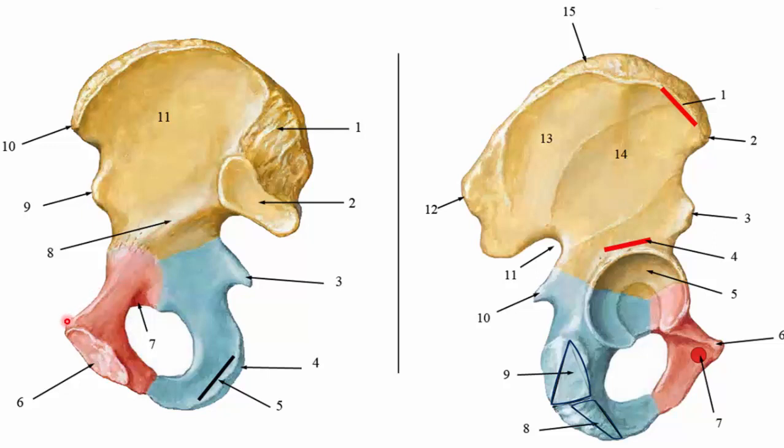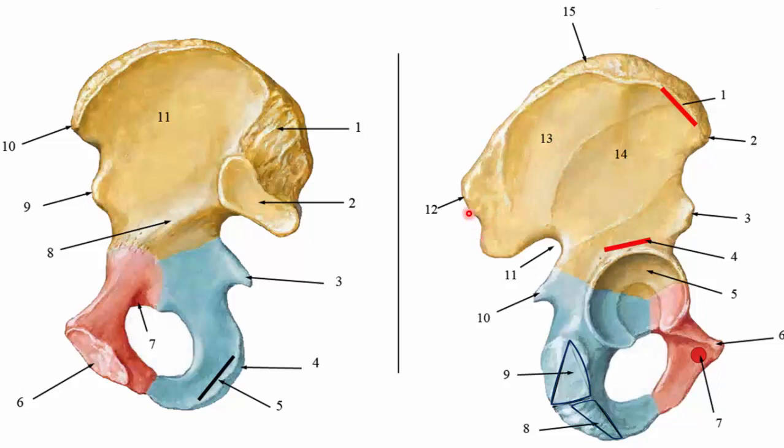The tubercle in the pubis is called the pubic tubercle, and this crest is called the pubic crest. Number 11 is called the iliac fossa, for attachment of the iliacus muscle. This is the outer view of the hip bone because this area is called the acetabulum, for articulation with the femur. So this is called the gluteal surface of the ilium, for attachment of number 14 gluteus minimus, number 13 gluteus medius, and this area for gluteus maximus muscle.